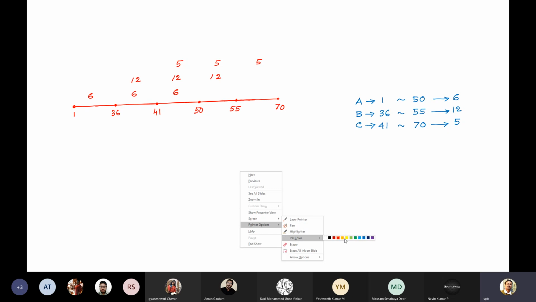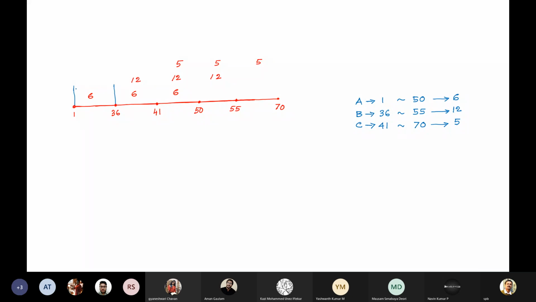So this will be my 6. This will be my 18. This will be 18 plus 5, 23. The maximum manpower is used in this 41st day to 50th day. You cannot cross 23 because that is the highest number. This I have required 17, and here I required 5. Okay, so this is my histogram.